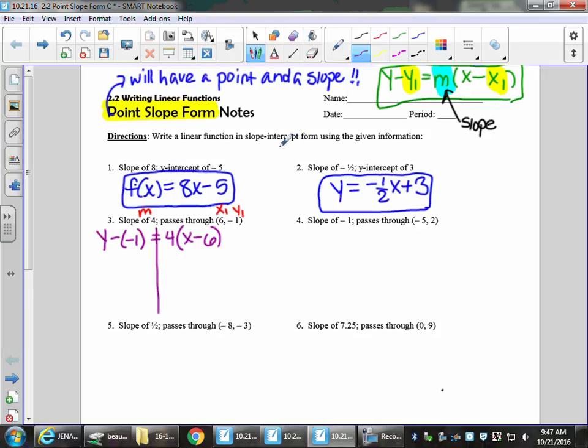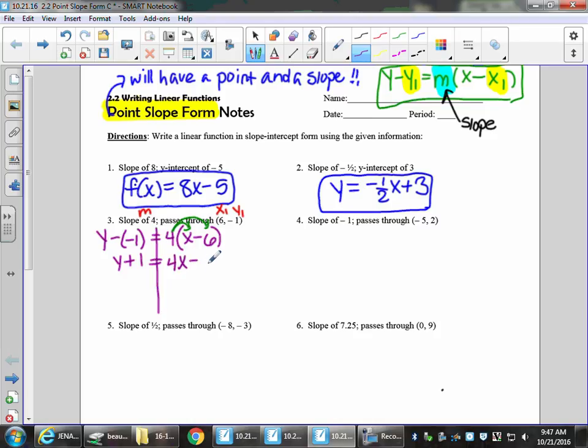Can we solve this for y? Yes, we can. So hold on. What is this going to become? Minus minus turns into plus. So I have y plus 1 equals. What are we going to do with that 4? Starts with a D. Distribute. We're going to distribute. So that's going to become 4x